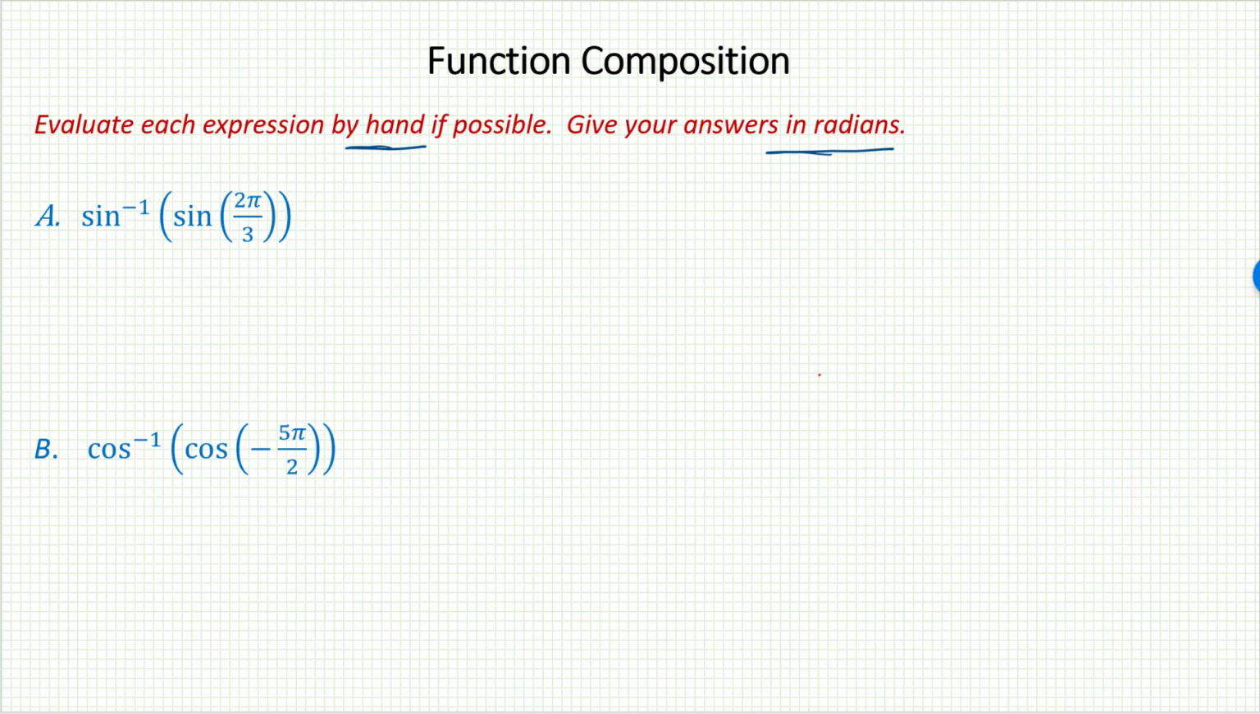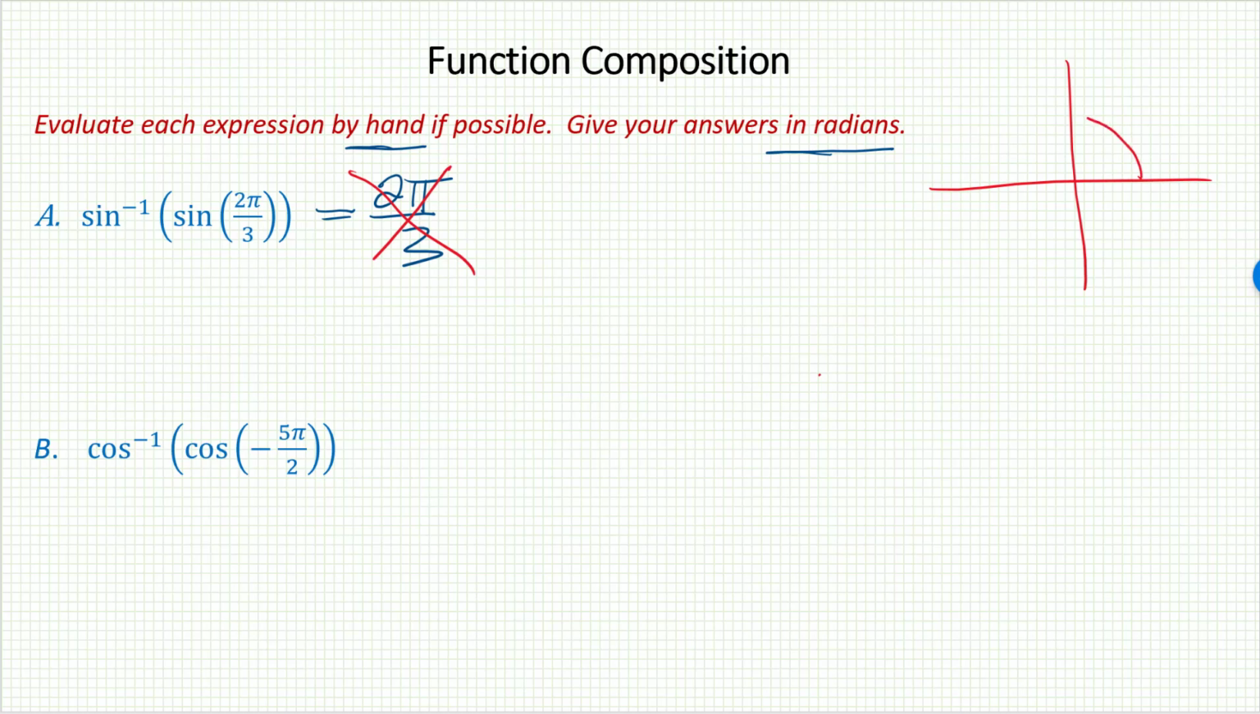Be very, very careful with these, especially when the inverse function is on the outside, as it is in these two examples. I know that it's very tempting to say, oh, sine inverse and sine, they cancel each other out. So the answer here must just be 2 pi over 3. Well, there is absolutely no way that the answer can be 2 pi over 3 because 2 pi over 3,